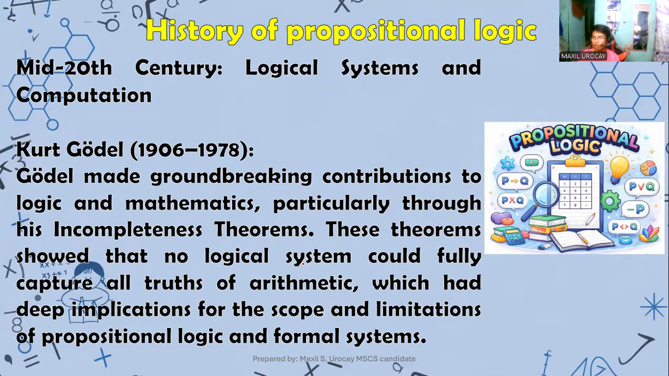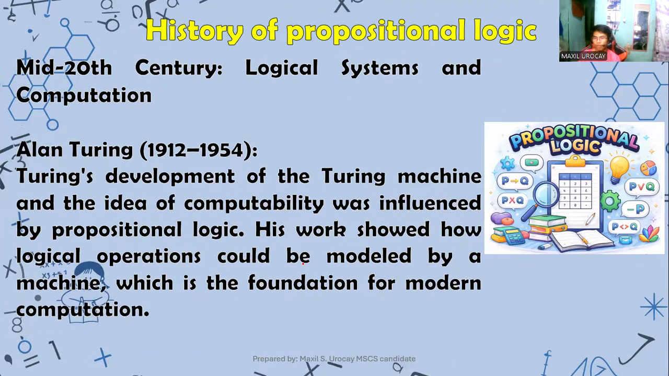This theorem showed that no logical system could fully capture all truths of arithmetic, which had deep implications for the scope and limitations of propositional logic and formal systems. So this is actually a bit complex, because Gödel's work indicated that propositional logic, while useful, is not capable of proving every truth in mathematics. It's complicated, and completeness and incompleteness are definitely a bit challenging, but hopefully it's part of discrete mathematics, but